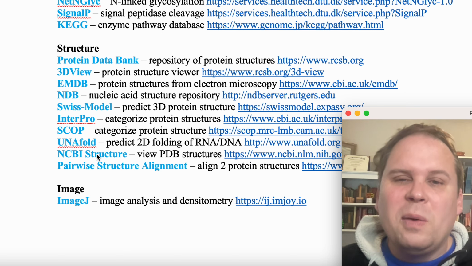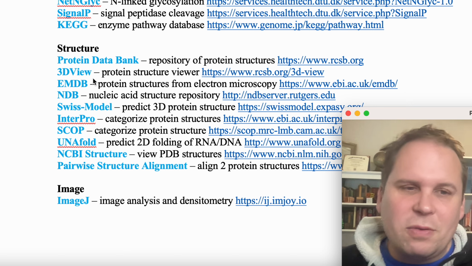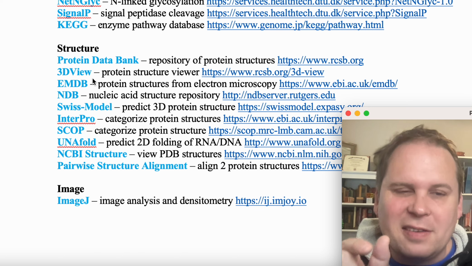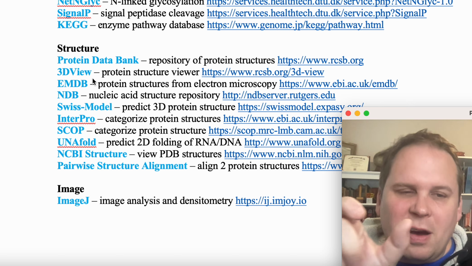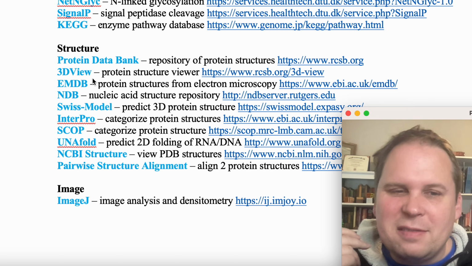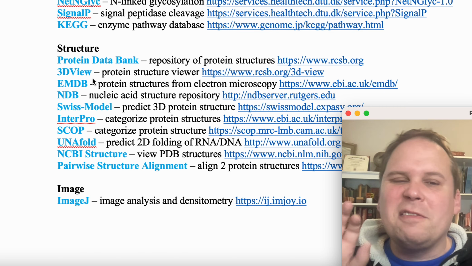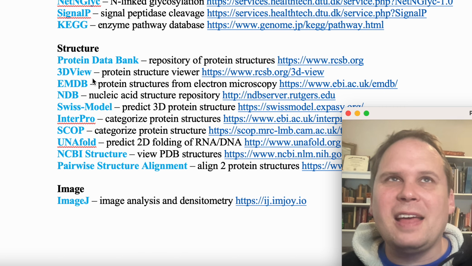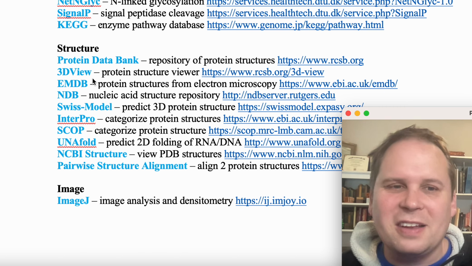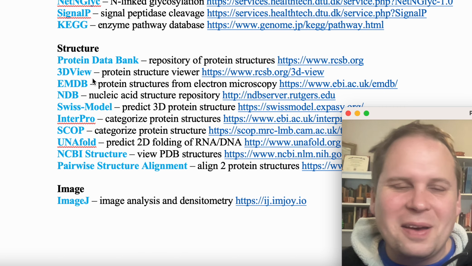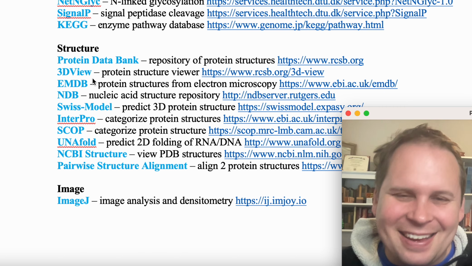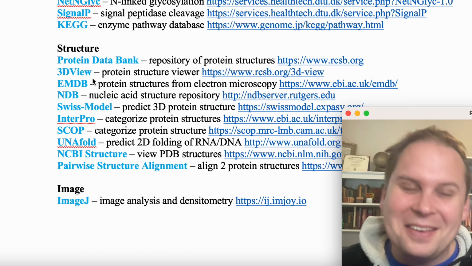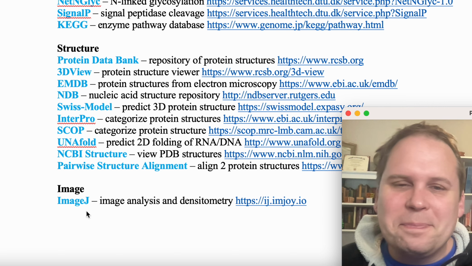NCBI Structure will let you look at these PDB structures, but it will mark where alpha helix 1 starts and ends, and it'll show you on the actual sequence. I think that's the one valuable tool you get here. You can find it through the Protein Data Bank, but it's really hard to find, and I don't think it's possible to actually extract in a way that is human readable easily. So yeah, NCBI Structure is dying, but it still has a place in all of our hearts. And then